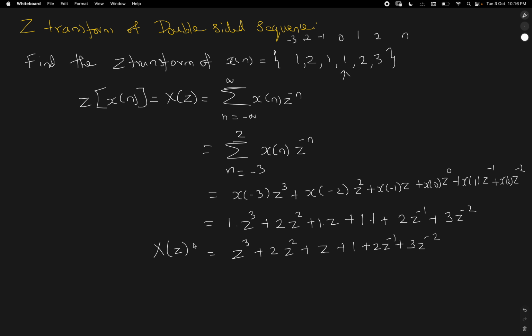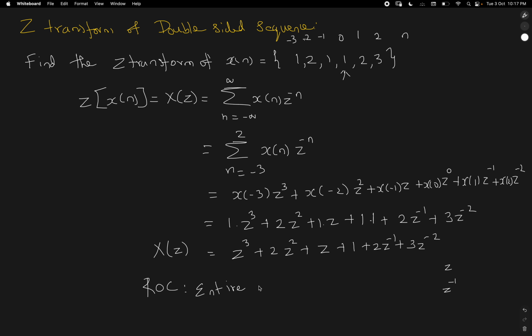And the final part is we have to define the ROC. If you refer to this equation, then you can find two terms. One is z and another one is z inverse. So z becomes infinity if z takes the value infinity. Z inverse becomes infinity if z takes the value equal to 0. So for all other values of z, both z and z inverse will provide some finite value. So the ROC for this problem is defined as the entire z plane